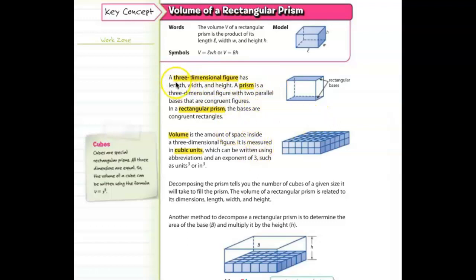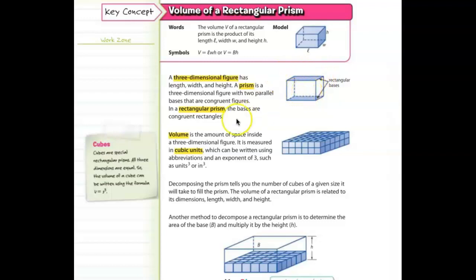It says a three-dimensional figure has length, width, and height. A prism is a three-dimensional figure with two parallel bases that are congruent figures. A rectangular prism, the bases are congruent rectangles. So there are such things as triangular prisms and pentagonal prisms, but this just so happens that the top and